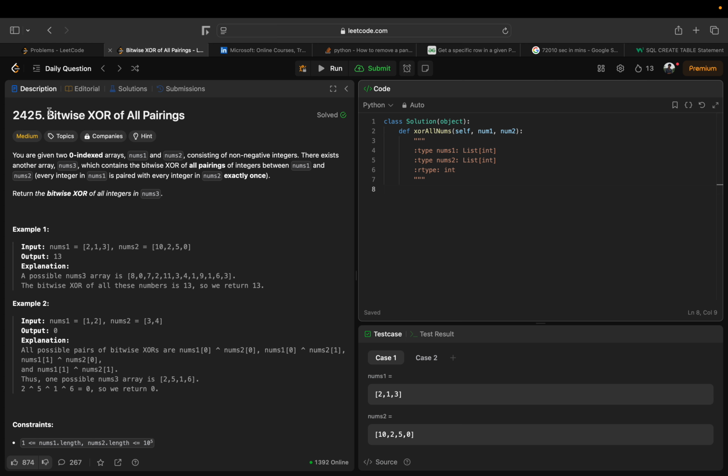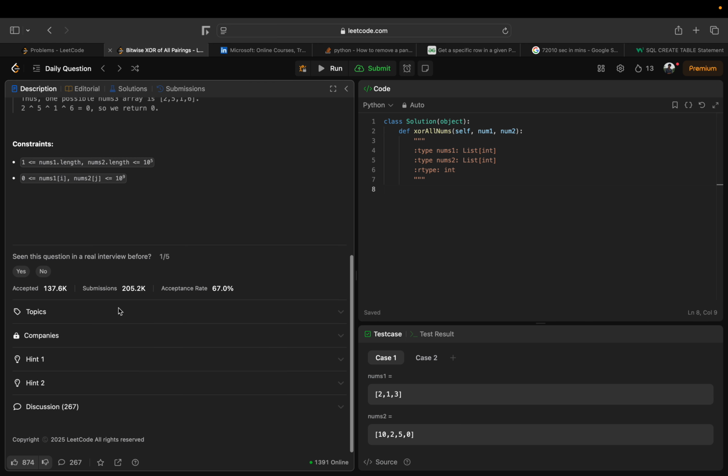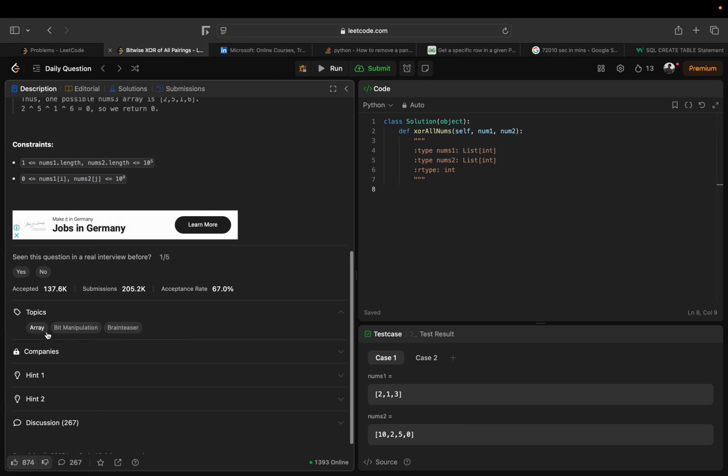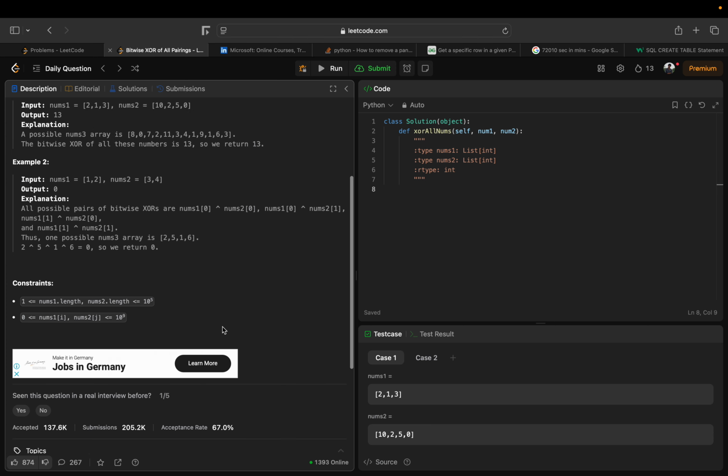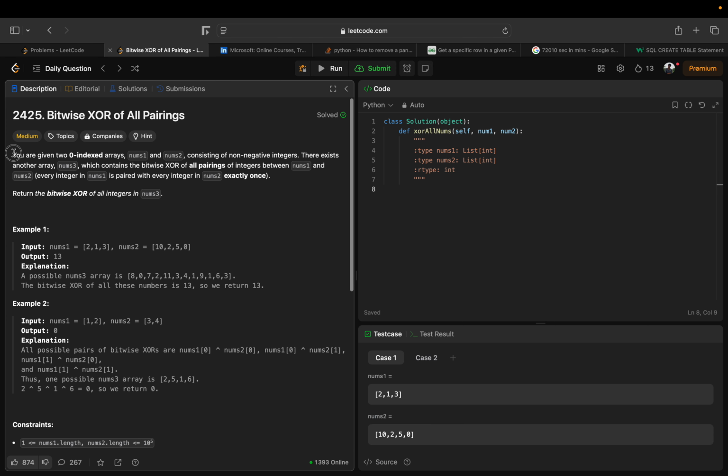So the problem is Bitwise XOR of all pairings, right? This is a medium type of problem. Topics are array, bit manipulation, and brain teasers. Okay. So the question is like you are given